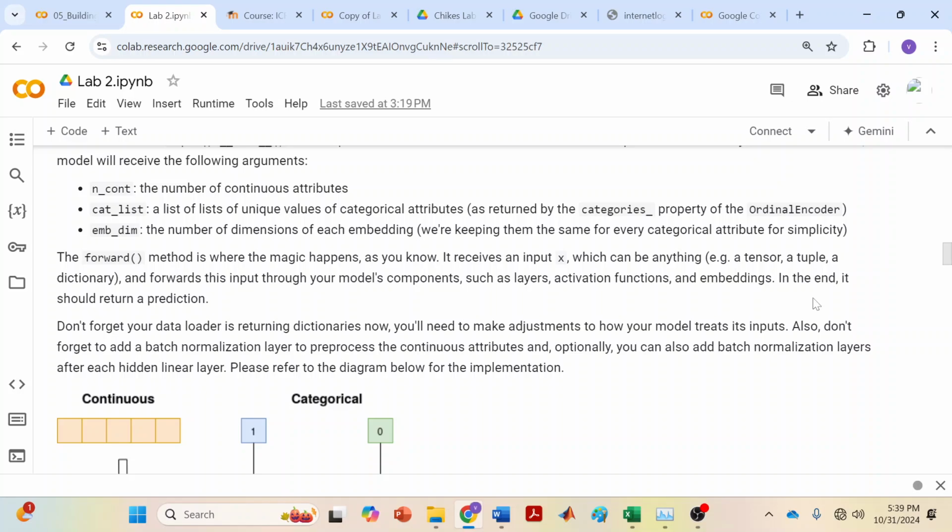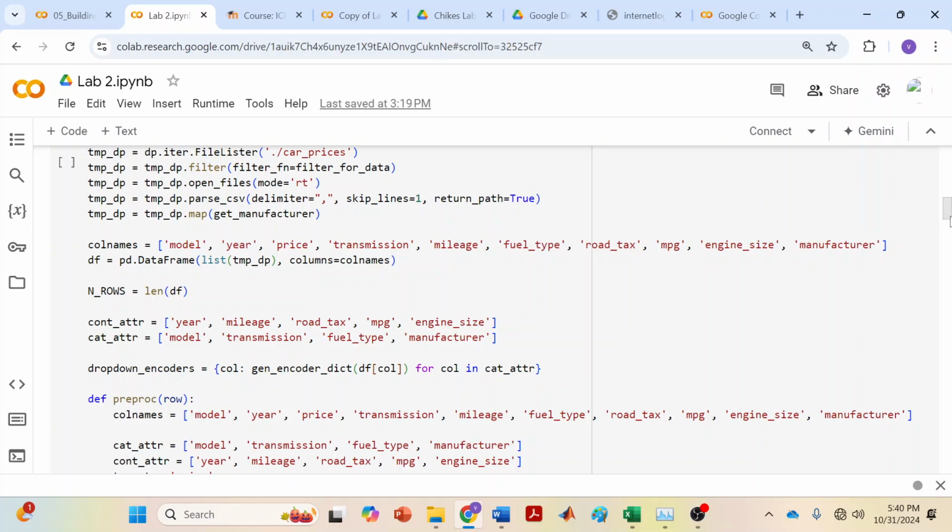So we're going to continue. Yesterday we talked about the continuous attributes and the categorical attributes. So we look at the continuous attributes. The continuous attributes of the data sets are the year, the mileage, the road tax, the MPG, and engine size. Then the categorical attributes are the model, transmission,